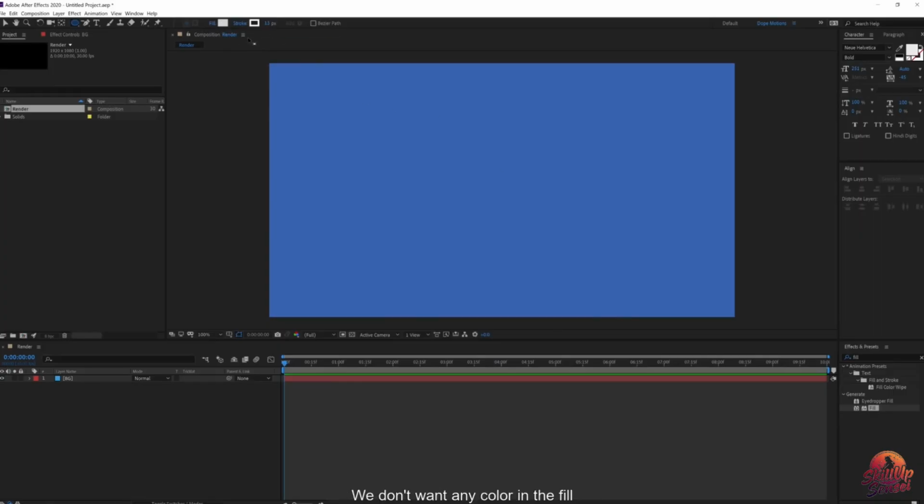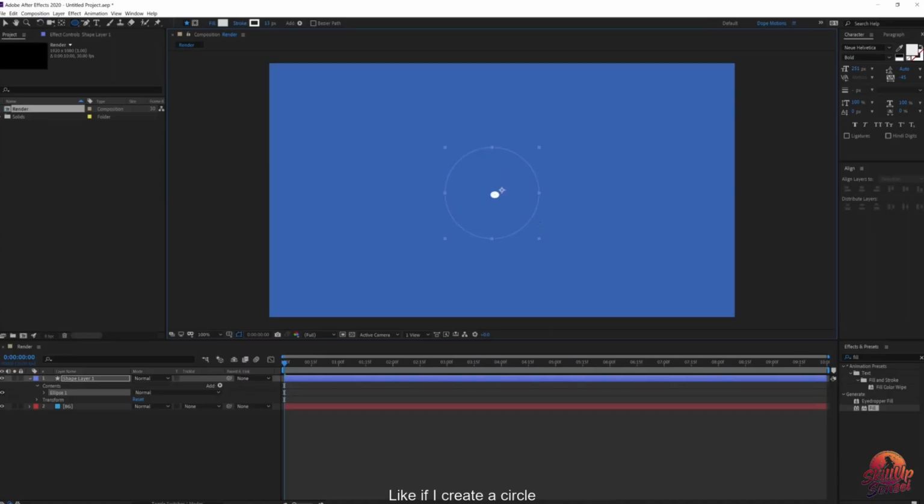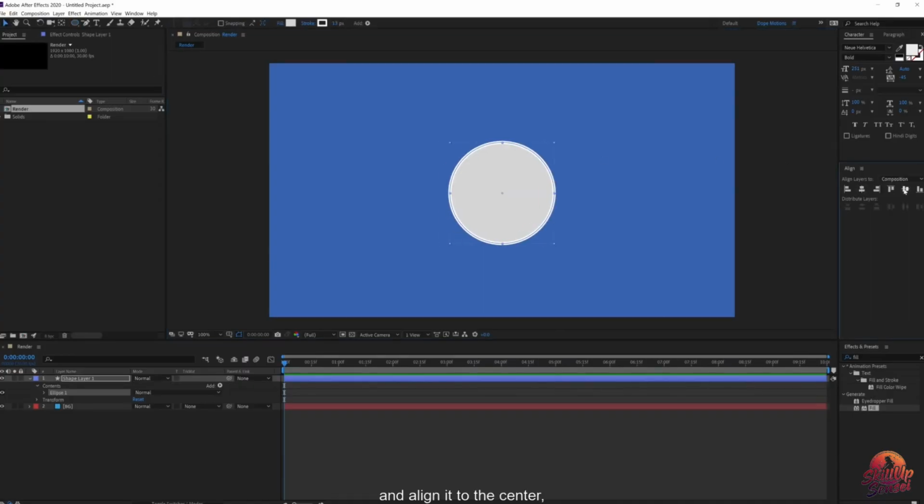we don't need any fill color because if I create a circle or something like that, and align it to the center, you can see that our fill color is gray or whatever color I might want to add, but I need no fill color. So if I click on this fill text,